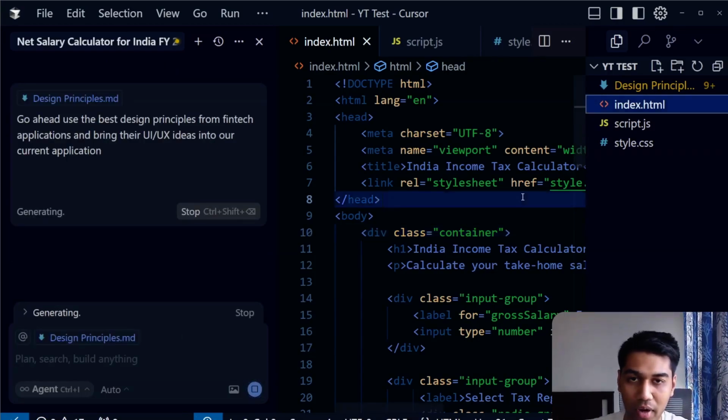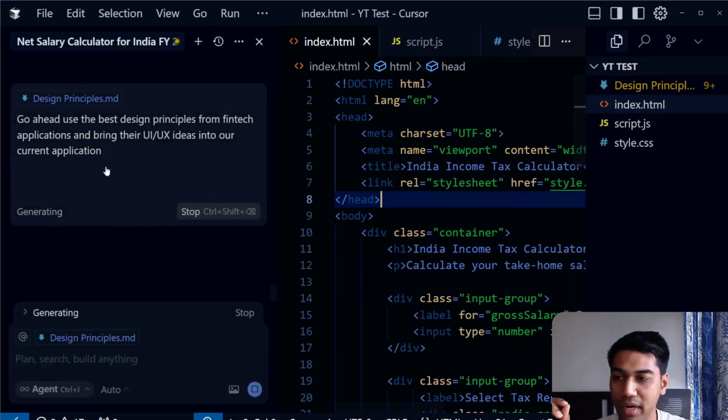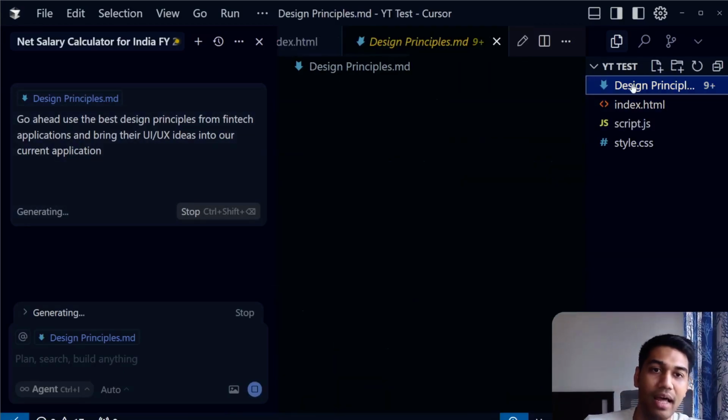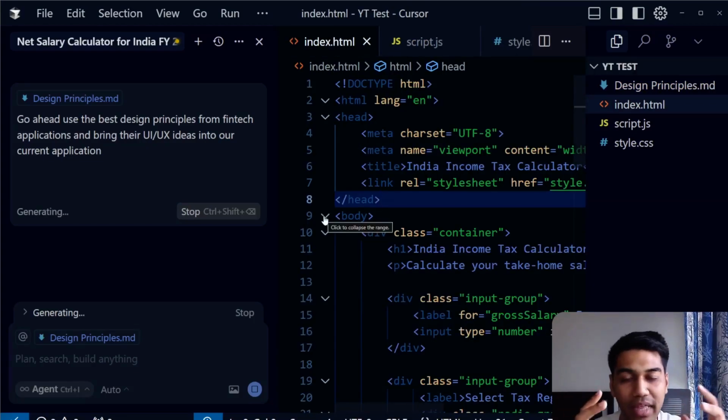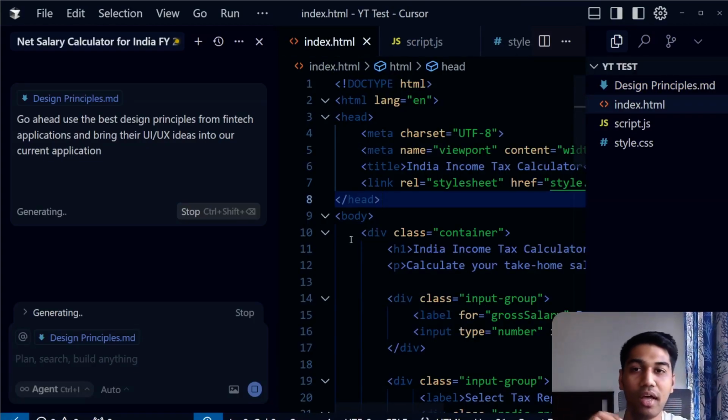I've given it much more context, but also because that context is going to live in a file, right? I can ask it to reread it multiple times. In a chat, what happens most of the times is if you just give it in one shot, it will not remember or it will not be able to use that content and you'll have to keep copying and pasting it, which is not an efficient way of doing that. Whenever you want to add more information about things that you want to reuse within your application, always create a